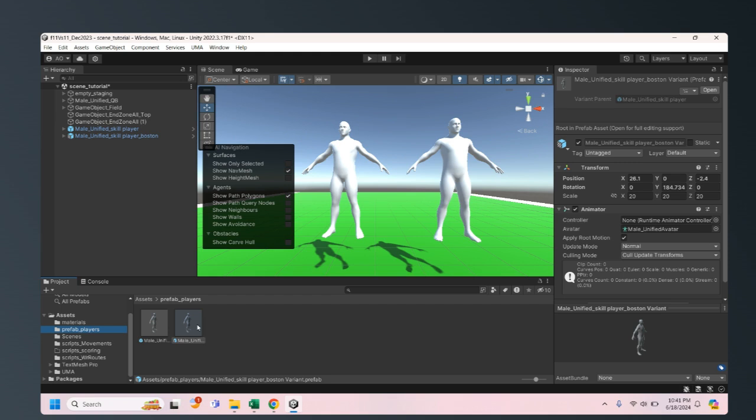And the cool thing about prefab variants is you can make changes on them and it won't affect the original prefab, but if you make changes to the original prefab, it'll affect the variant. So for instance,